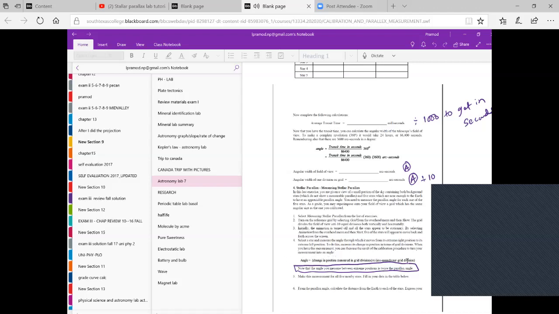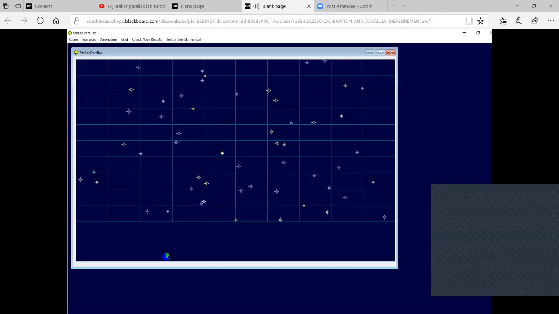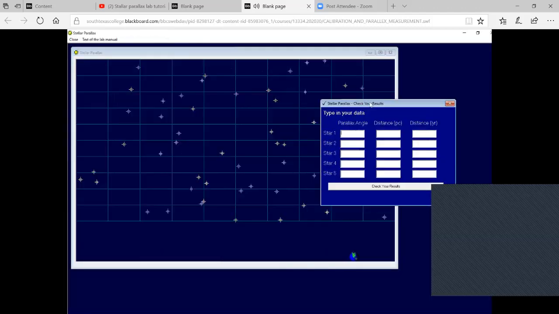Once you have the angle in arcseconds, you have to divide by 2, because note that the angle you measure between extreme positions is twice the parallax angle. To get the parallax angle, whatever angle you got, divide by 2. Once you get that, you can check your results. You can plot the value here, parallax angle first. The parallax angle is in arcseconds, and you know how to get from arcseconds to parsec and then to light year. That was done in the previous exercise. So once you complete it, check your results. So I'm not asking you to do